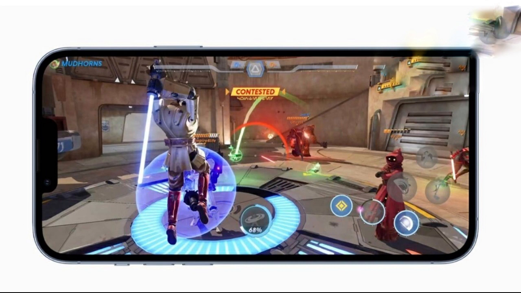For the best visual experience, refresh rates and frame rates have to work together. For example, a mobile game running at 120 frames per second should look smooth on a 120 Hz display when compared to the same game running at 60 FPS on a 60 Hz display. So what is adaptive refresh rate?